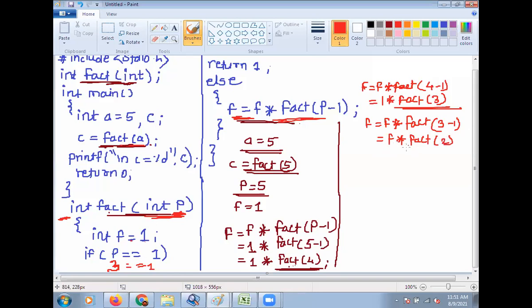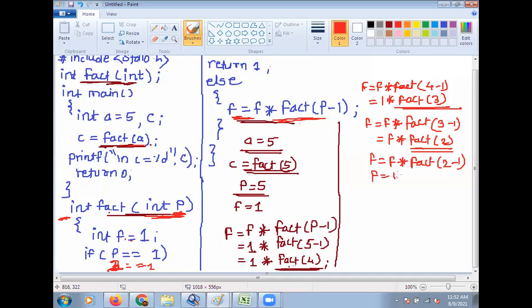Then go to the definition of the fact function again. So now p is equal to 2, f is equal to 1. Check 2 is equal to 1. No, it becomes false. Then go to the else part. f is equal to f into fact 2 minus 1.